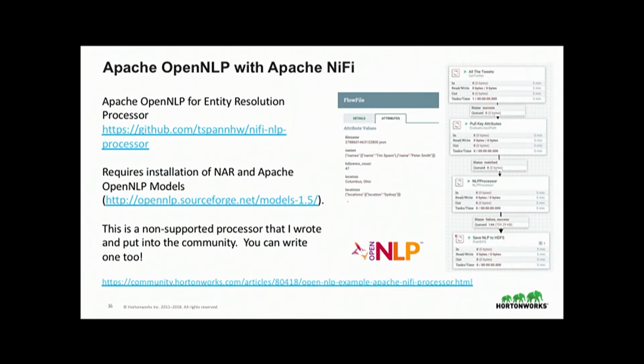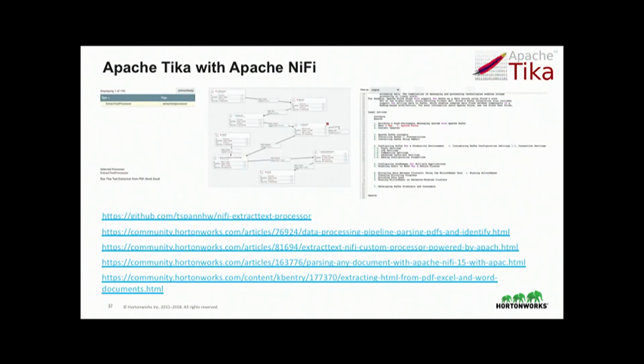Okay, so we did some other things. There's other sources of data that might not be pictures of park benches. It might be more text-oriented. I have an open source component I put into TensorFlow. Again, not supported. I'll support it, but I'm a community of me. So that's a very small community so far. OpenNLP is a very big project. It does a lot of cool things. I'm just integrating with it, so you're getting the advantage of the whole community. It's not just, you know, my NiFi interface to it.